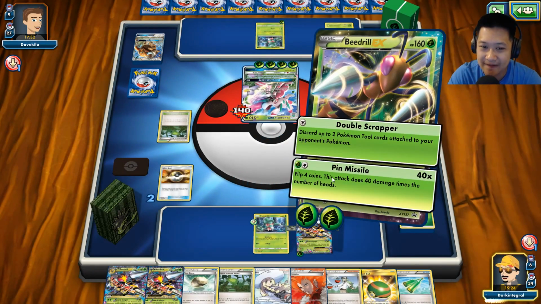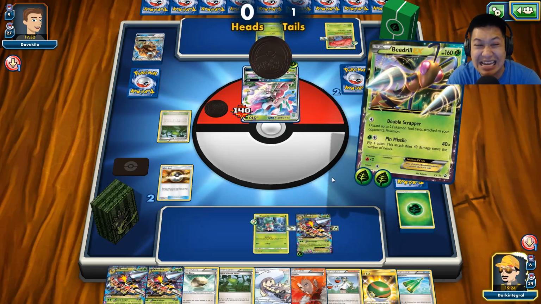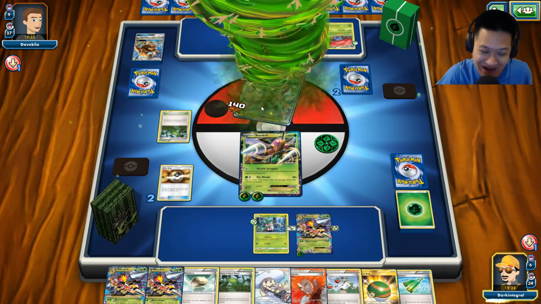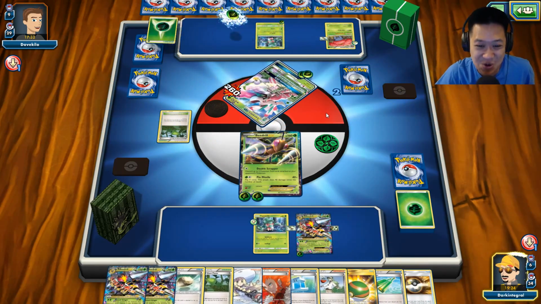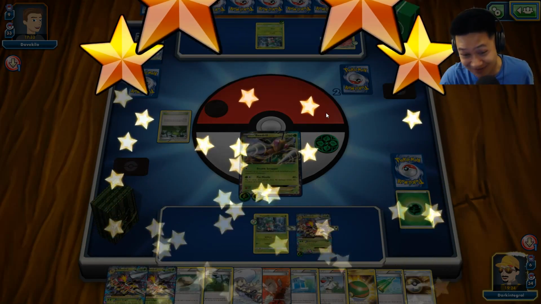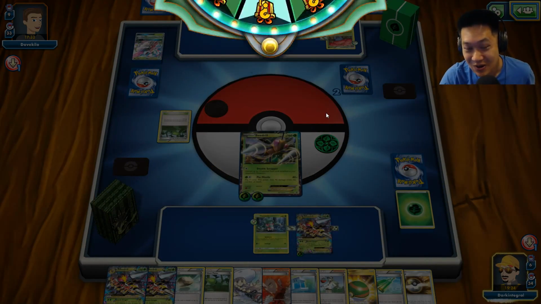Pin Missile. Pin Missile! 2 heads! Tails! Heads! 1 more! Yes! Yes! Yes! Yes! 120 gold! Regular Beedrill! Oh! Of course, that was 50-50, but you never know. With ends, you never know. So,